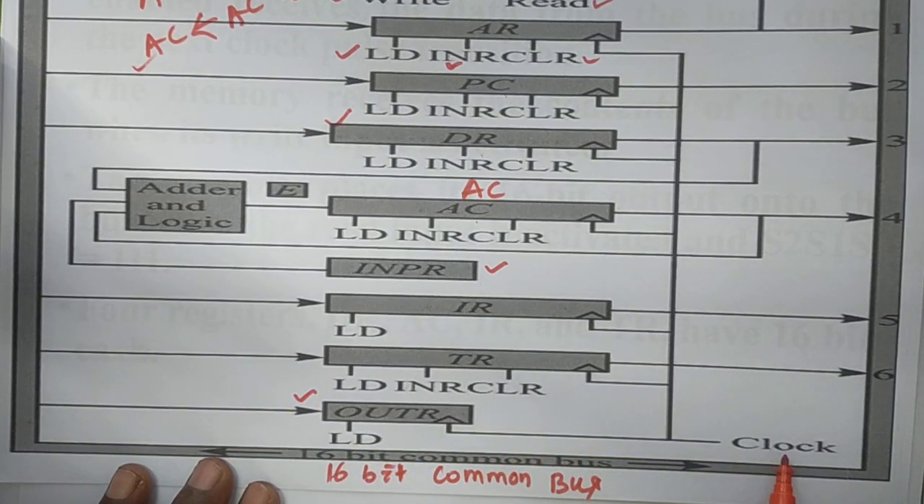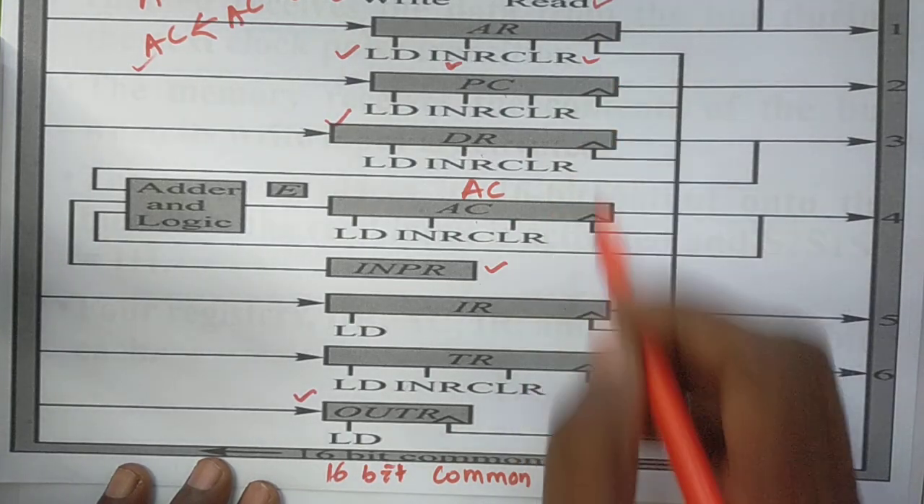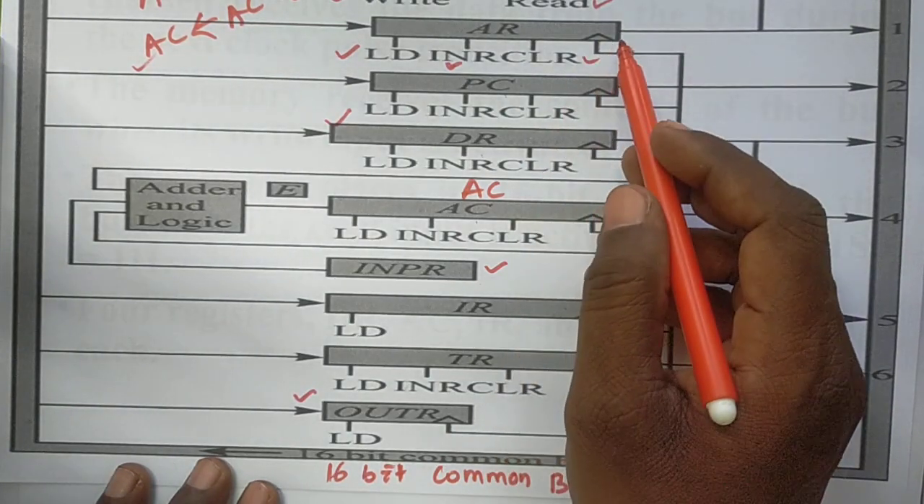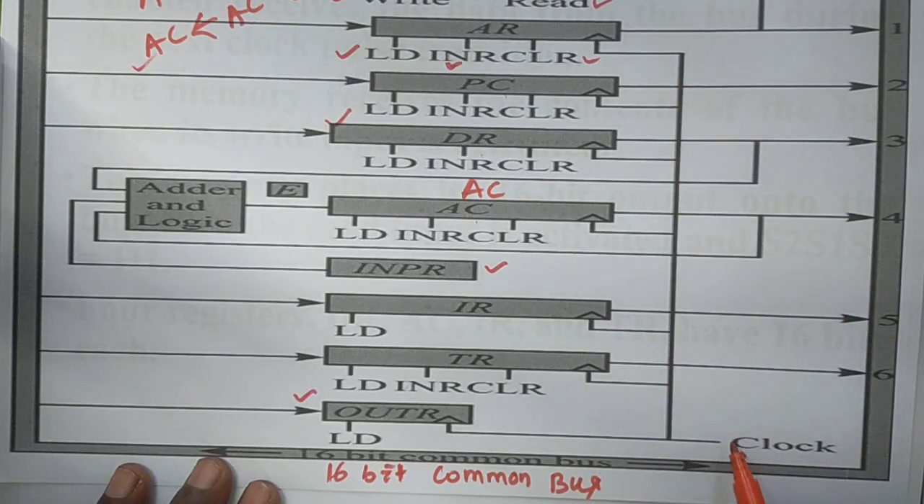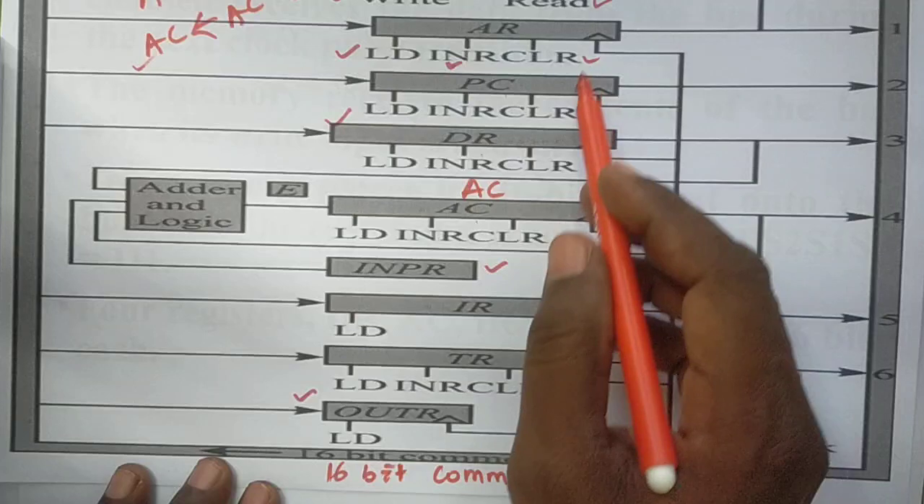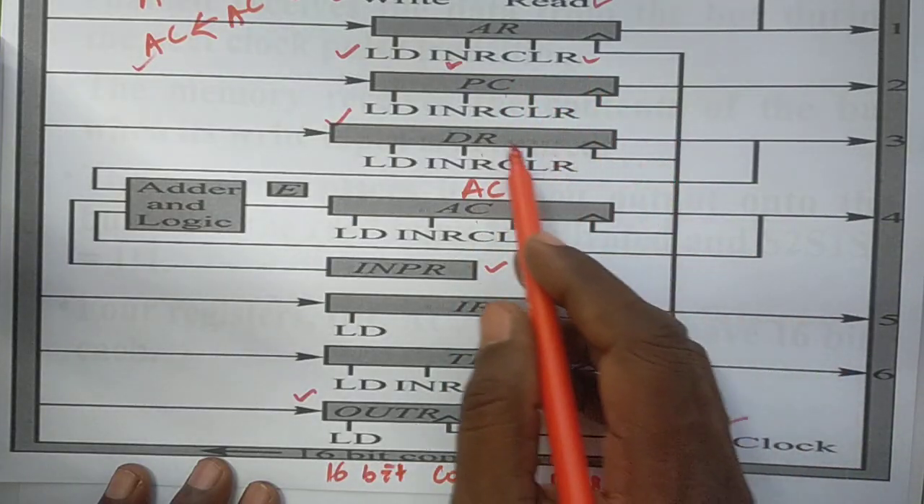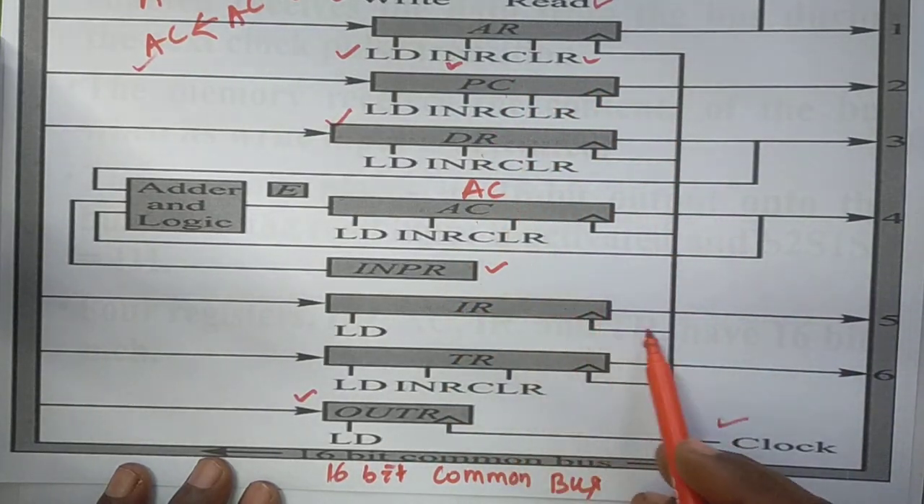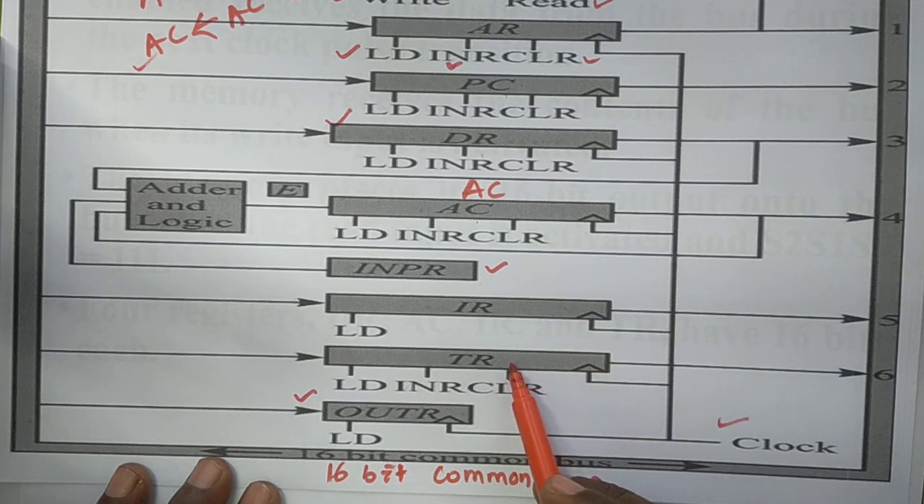Another part is that some clock pulse is here. The clock is connected to all registers. You see, all registers connect to the clock. Okay, at what time which operation needs to operate, which register needs to activate, will be decided by this particular clock. So the clock is connected to the address register, PC register, data register, accumulator, IR and TR